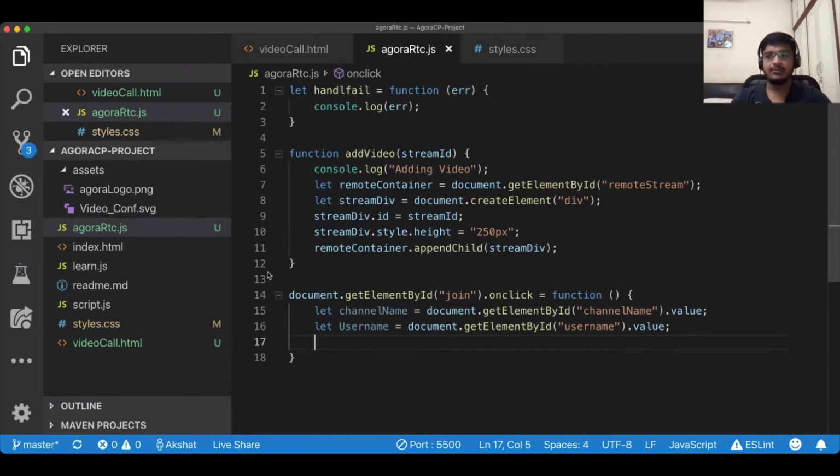So whatever value was there in the input field, on clicking the submit button, I'm assigning it to a variable in JavaScript, and let's add our app ID equal to. Now app ID, if you remember in the starting, I had created an ID and I told you we'll be using this later. So just go forward with it. Click on ID.